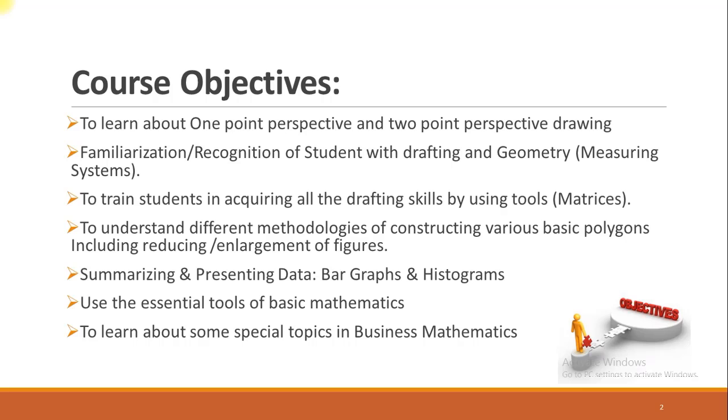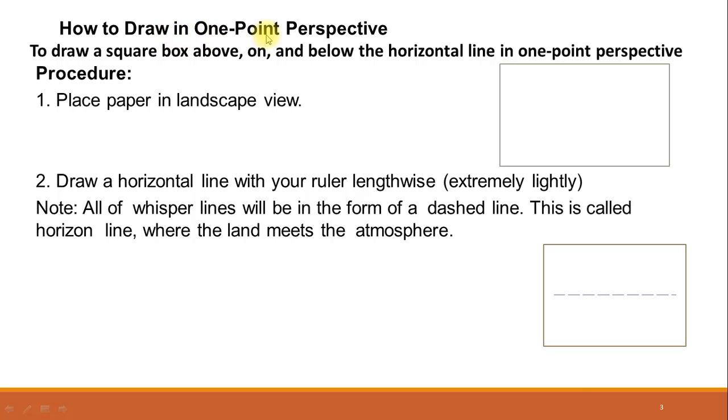So after completion of this course, the students will learn about 1 point perspective and 2 point perspective drawing, and recognition of drafting and geometry, to train students in acquiring all the drafting skills by using tools like matrices, to understand different methodologies of constructing various basic polygons, including reducing and enlargement of figures, summarizing and presenting data, bar graphs and histograms, use the essential tools of basic mathematics, and to learn about some special topics in business mathematics. In 1 point perspective,